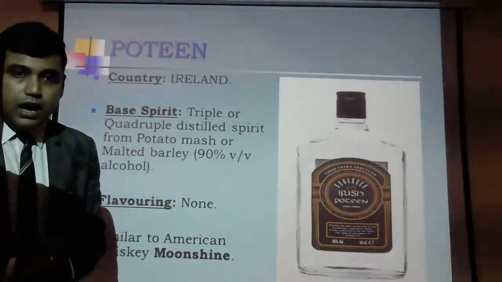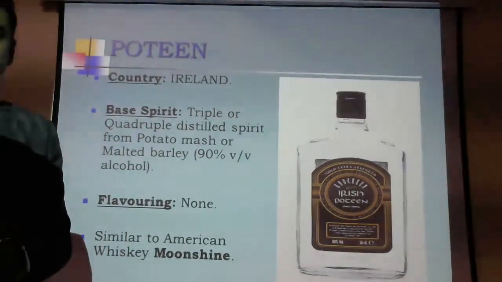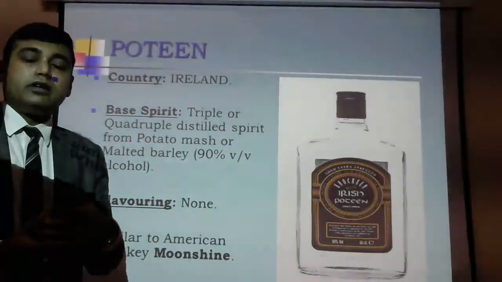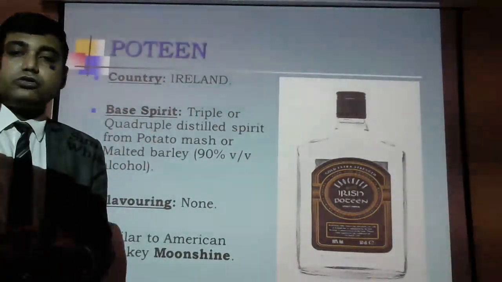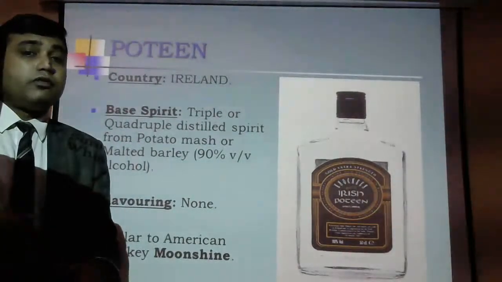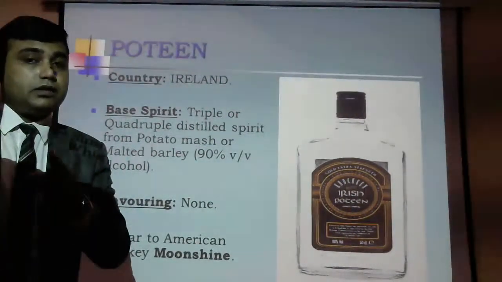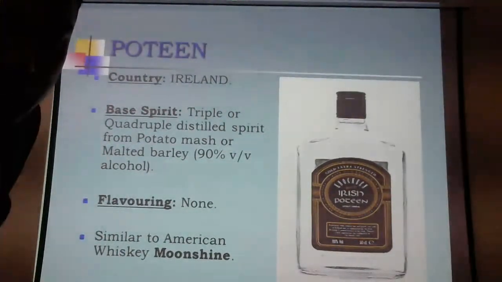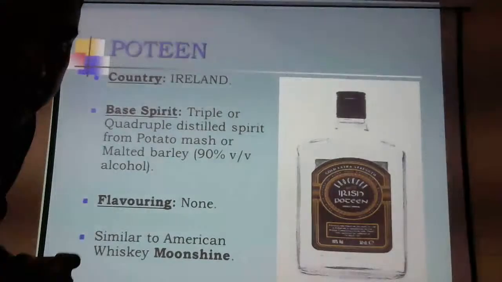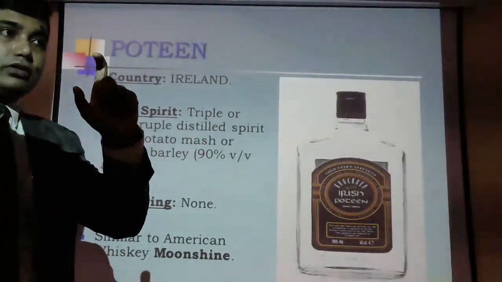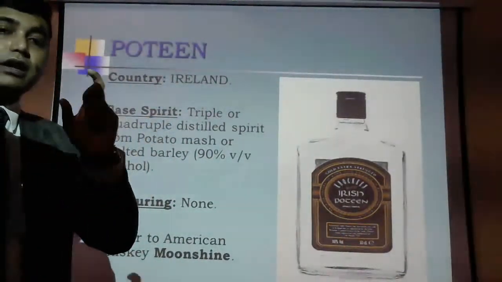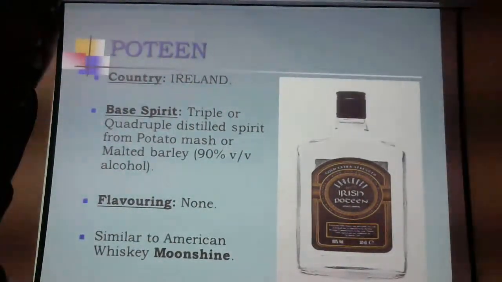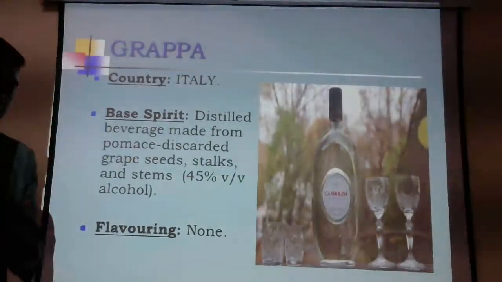In Ireland, this is produced in distilleries where they produce the expensive whiskies. Most of the distilleries in Ireland, like Middleton Distillery, Kilbeggan Distillery, Old Bushmills, are famous for producing whiskey. Ireland is famous for that, but this is the locally produced one. Those who are the inhabitants of Ireland consume this locally. Yes, of course, it is bottled to a strength of 90% volume by volume, but when they drink it, it is reduced by adding water. Of course, 90% is very high, and a normal person can't drink this.